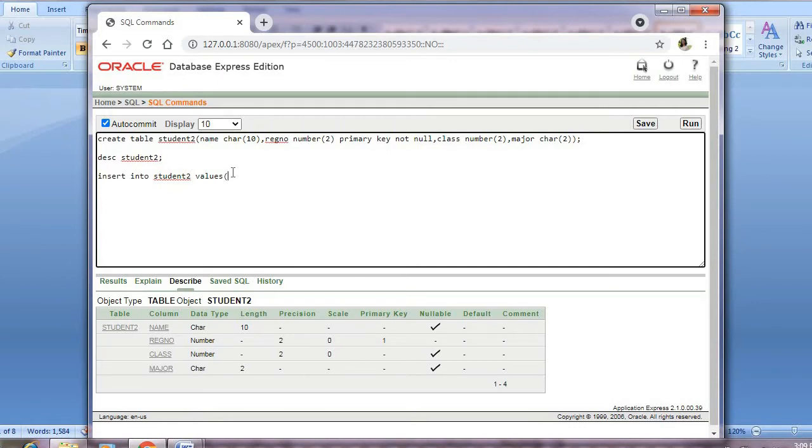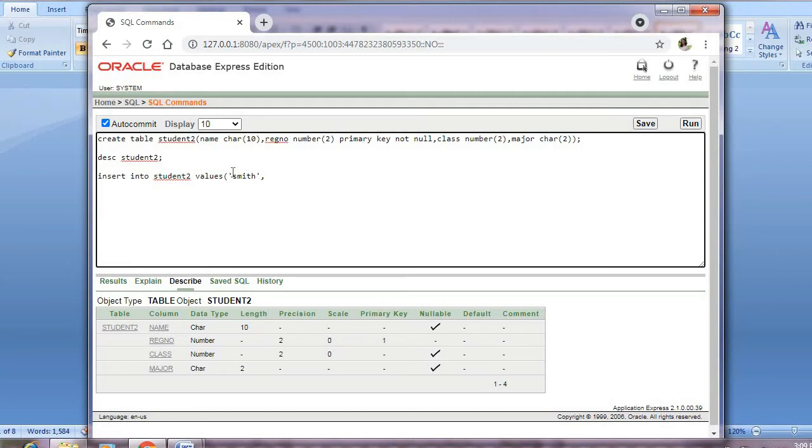What is the first value we have? Name is the attribute. Whenever there is a character, make use of single quotes. So in single quotes, the name was Smith. I'll enter Smith, then close the single quote, then put a comma.